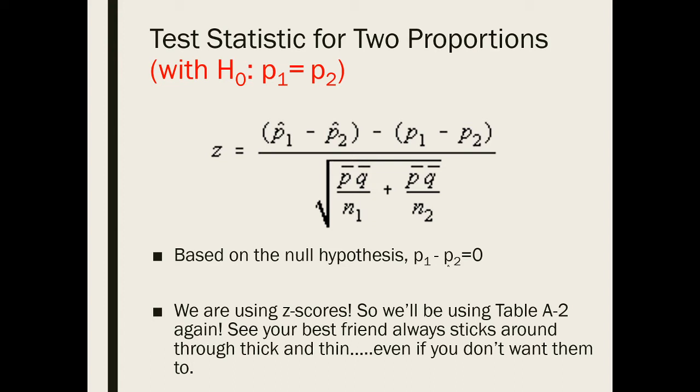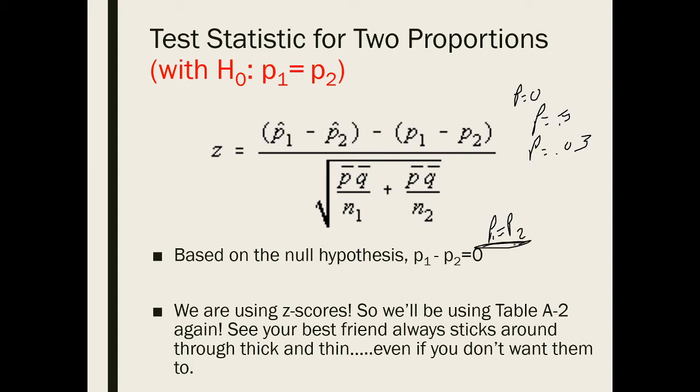This is based off of the null hypothesis that P1 minus P2 is equal to 0, or put another way, this is based off the null hypothesis that P1 is equal to P2. So we're going to be using this as our new null hypothesis. Before, in chapter 8, remember it was like P equals 0, or P equals 0.5, or P equals 0.03. Right? We had a certain value that P was supposed to equal in our null hypothesis. Now, it's always going to be P1 equals P2 because we're comparing two populations and we're always going to assume